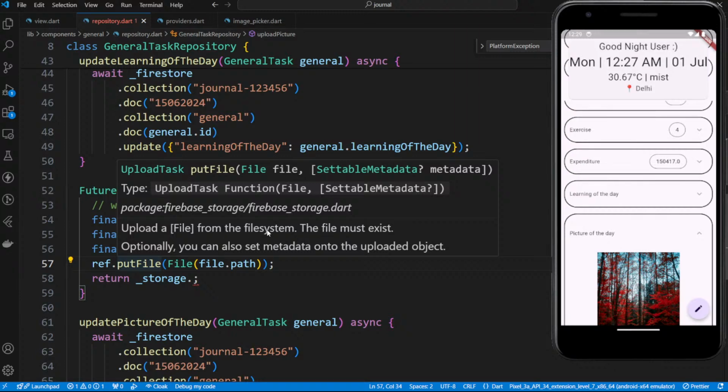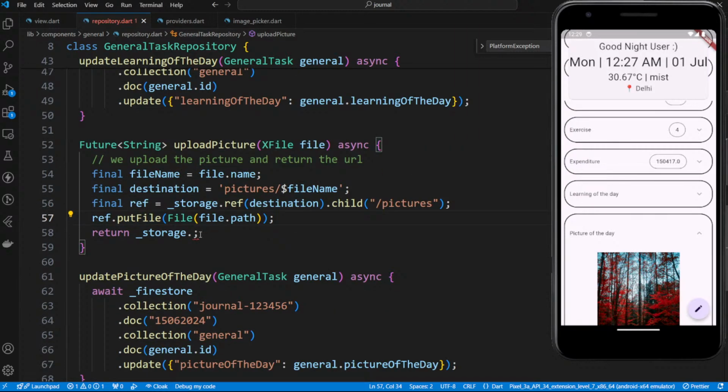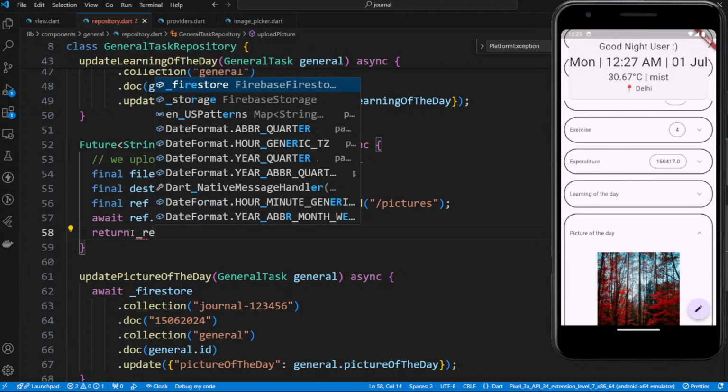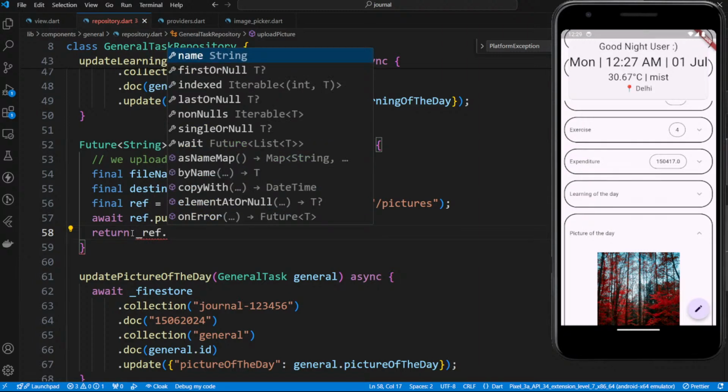You can also set metadata onto the uploaded object. If you await for this, now if you get a reference dot